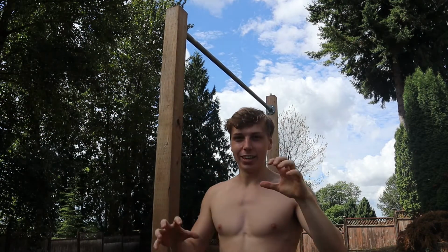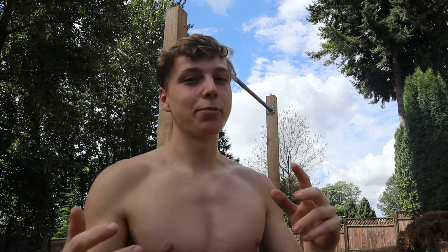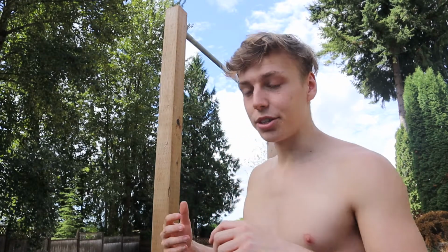Yeah, so if you have a super tight grip, you're not going to get your body over the bar. A lot of the muscle up is actually just timing. The pull, you want to time the loosening of the grip, and then you want to get your chest over. So you need to practice a lot to get used to that timing. But loosen the grip in the transition, and try and get your chest over the bar as quickly as